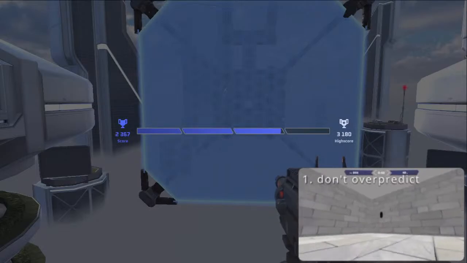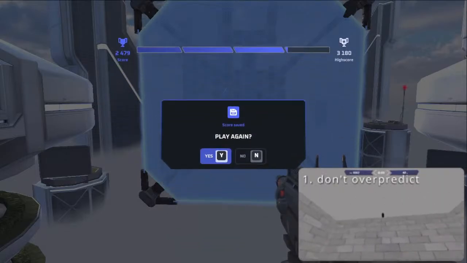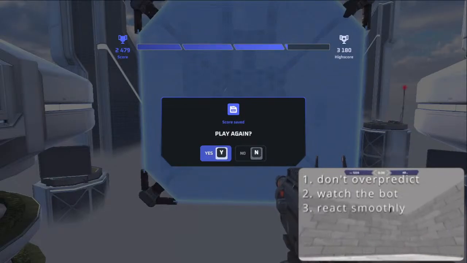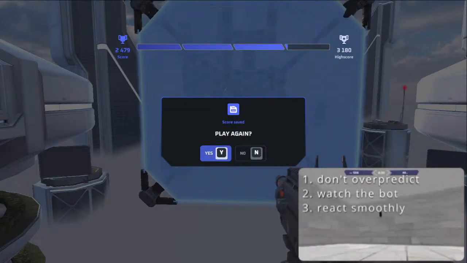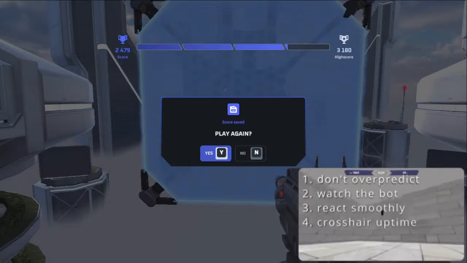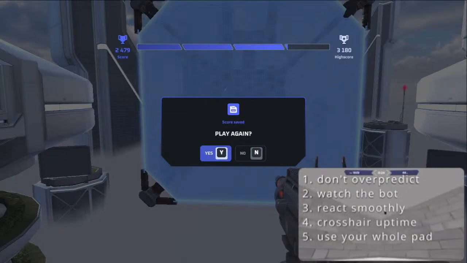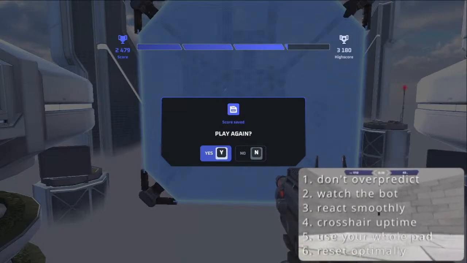Assume the bot will keep going in its current direction forever, then react back when it changes direction. Pay attention to the bot and not the crosshair to build your reading skills. Focus on smoothly reacting back to bot changes. Prioritize crosshair uptime, micro-correcting when your crosshair falls off the target. Allow yourself to be comfortable with parts of your pad you're not used to, and focus on mouse resetting at